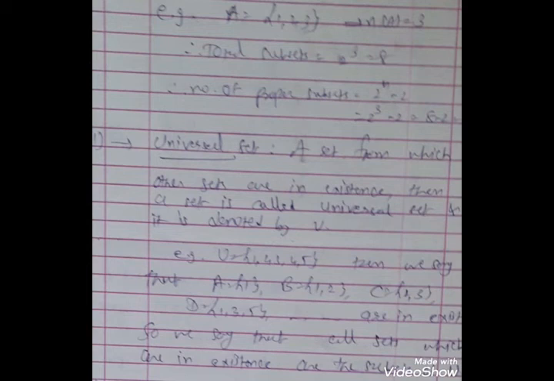So here we say that suppose the universal set is {1, 2, 3, 4, 5}, which is denoted by U. So U equal to {1, 2, 3, 4, 5}. Then the other sets A, B, C, D, E, F, all these are in existence. So the curly bracket in which the elements are 1, 2, 3, 4, 5 is considered as the set, and it is known as the universal set, which is denoted by capital U. And if we want to draw the diagram of the universal set, then we denote it by a rectangle, and above the rectangle we write capital U. This shows that it is the diagram of the universal set.